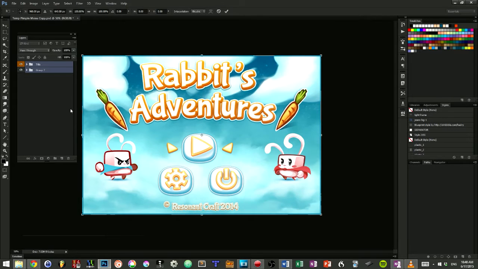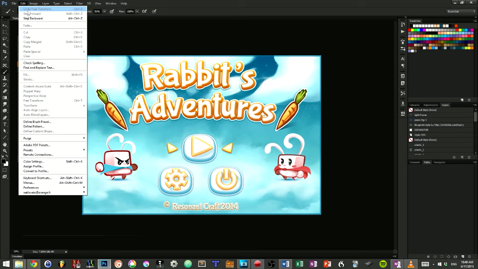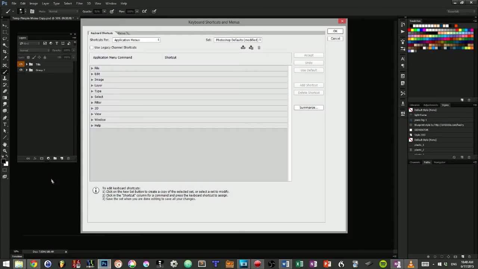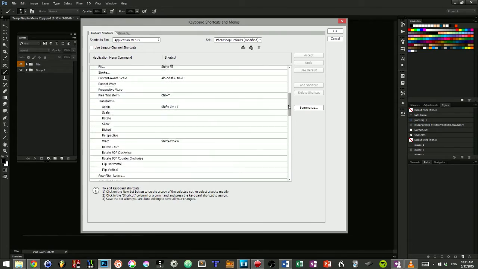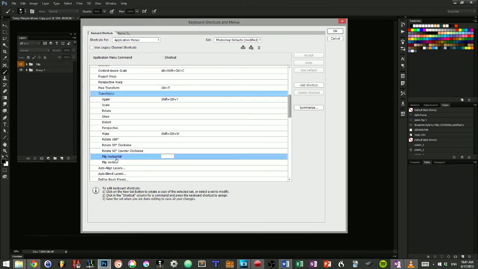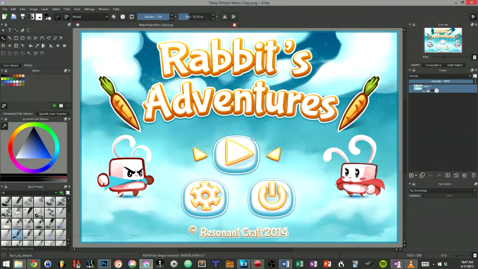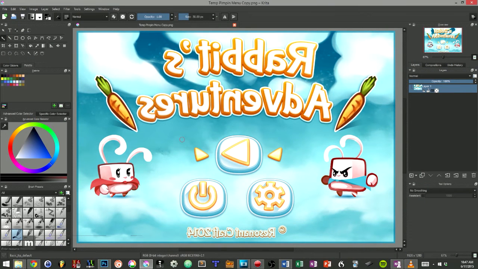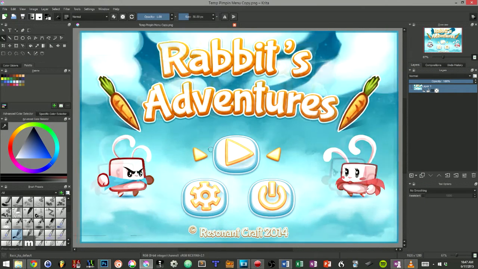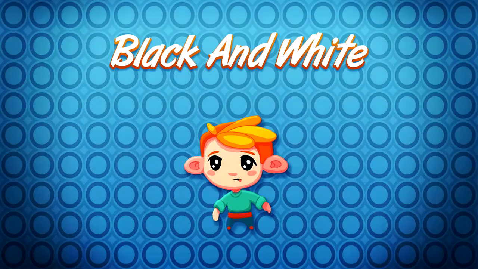You can directly assign symmetry to a shortcut in Photoshop. You have to go to the Edit menu, then select Keyboard Shortcuts at the bottom of the list. Horizontal symmetry can be found under the Edit menu and the Transform submenu. Other software like Krita possess a dedicated and much more efficient tool. You just have to press the M key to instantly mirror your document. Pretty cool.